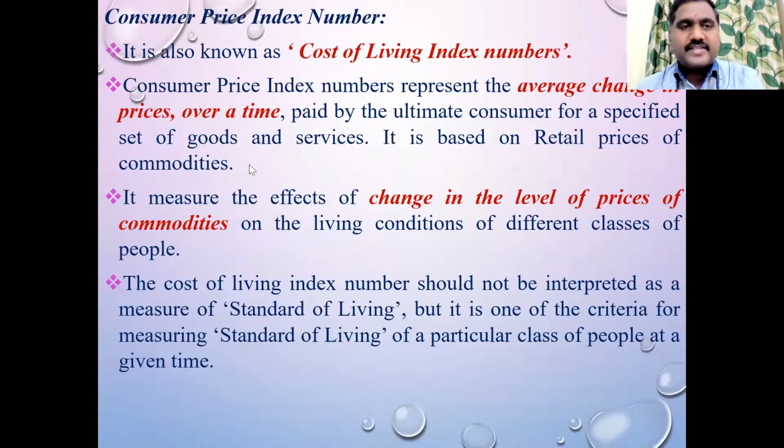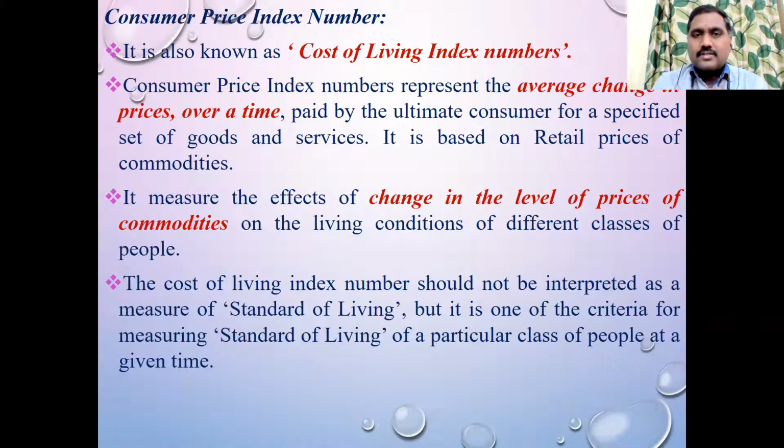Okay, so next, yeah. Now we come to the last topic of your 5th unit: the consumer price index number. This is the final topic. With that, we will be ending the 5th unit and the entire syllabus. In the consumer price index number, we have 2 methods, the aggregate method and the family expenditure method. We will work out 2 problems under each method, so totally 4 problems. We will work out 2 problems today and 2 more tomorrow. So tomorrow we will end the syllabus.